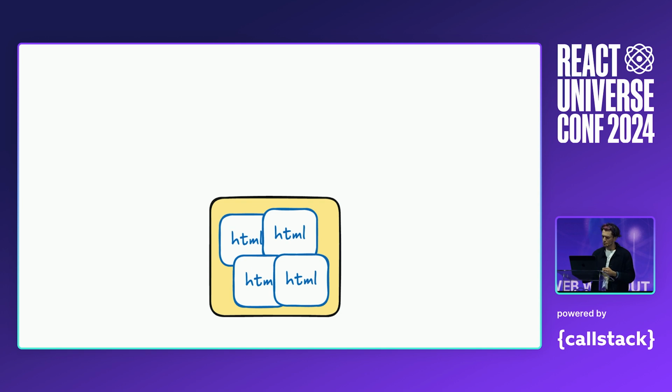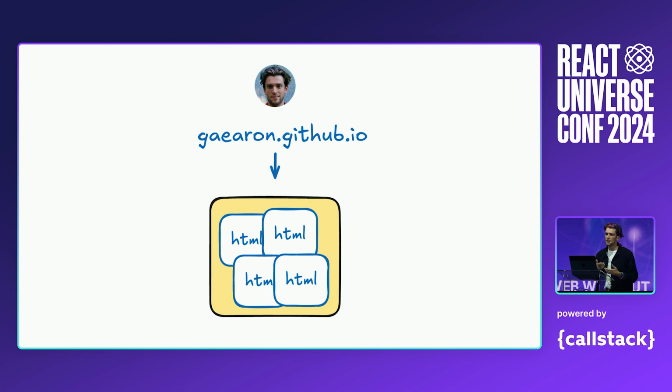But as long as there is some box that contains these files and it can serve them, I can put it on the web. Another thing that I need to put something on the web is a domain. So I need some way for people to refer to my content so that they can find it. Maybe I can use a free domain, like GitHub can give me, or maybe I can later buy my own domain. And so with this kind of web model, it's very permissionless, right? I can just put stuff out there, tell somebody what the address is, and they can find it.